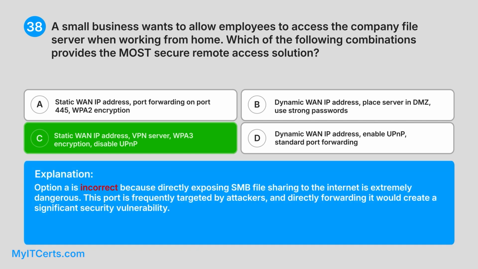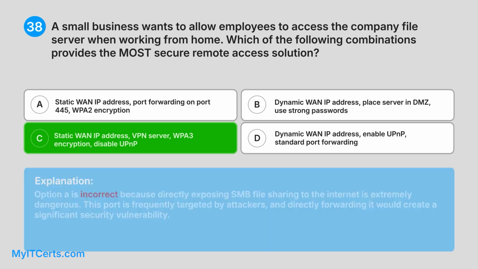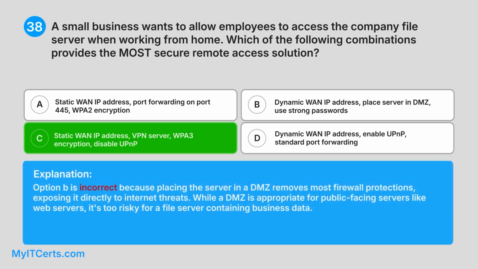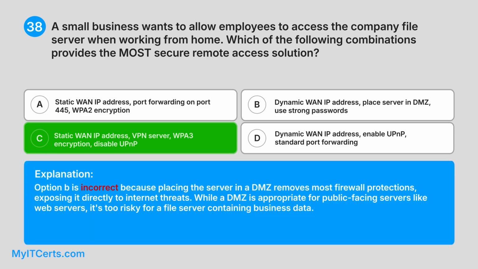Option A is incorrect because directly exposing SMB file sharing to the internet is extremely dangerous. This port is frequently targeted by attackers, and directly forwarding it would create a significant security vulnerability. Option B is incorrect because placing the server in a DMZ removes most firewall protections, exposing it directly to internet threats. While a DMZ is appropriate for public-facing servers, like web servers, it's too risky for a file server containing